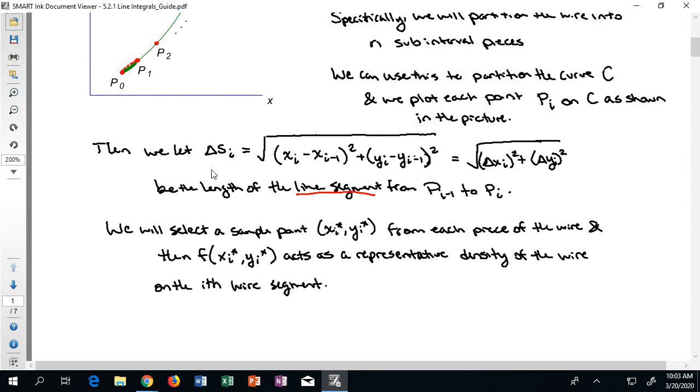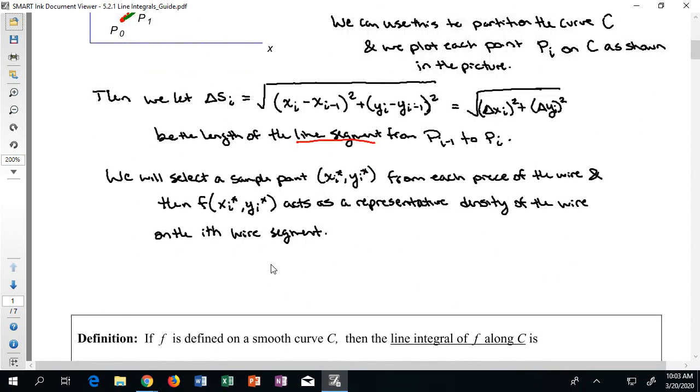So again, I have an approximated length of the wire segment. That's my delta S_i. And this here would represent the density of the wire at that point. So then I could say, okay, if I want to find the mass, I could summarize in the following way. If delta S_i is small, like I have a very small piece of the wire that I've selected,